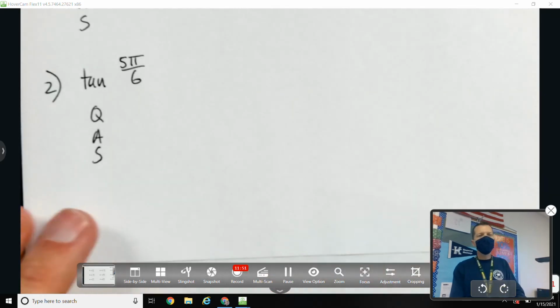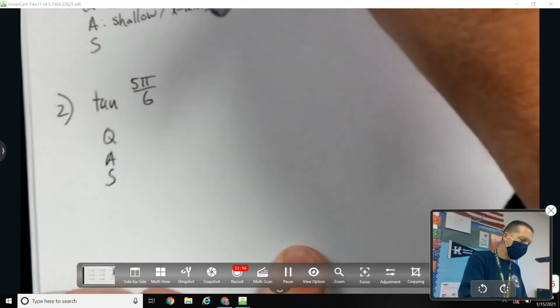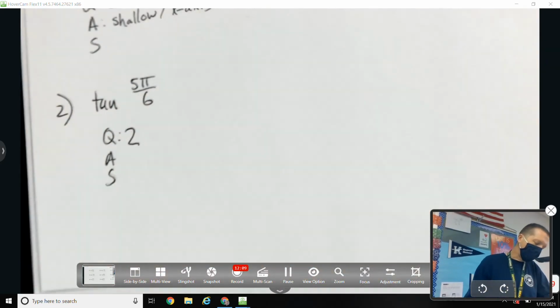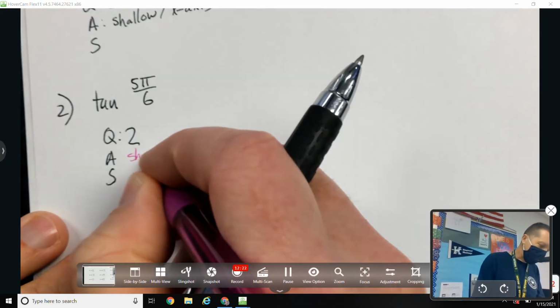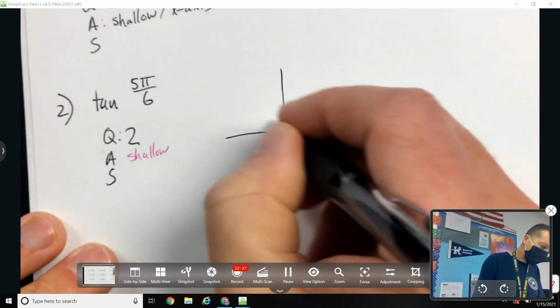Tangent of 5 pi over 6. What quadrant's that in? 5 over 6. 2, because they're almost to 1. So usually finding quadrants isn't bad. It's just if you got a little bit of fraction sense, you can figure out what quadrant you're in. Okay, is that close to the x-axis or the y-axis? Is it the shallow, the middle, or the steep angle? It's shallow, or it's x-axis, either way you want to say that. So quadrant 2, shallow,